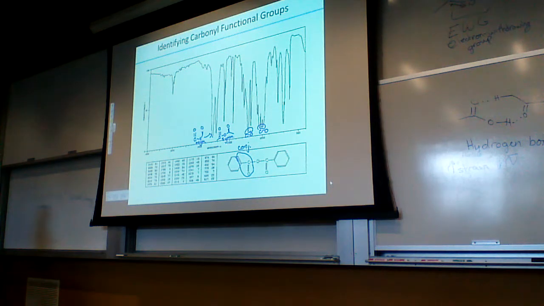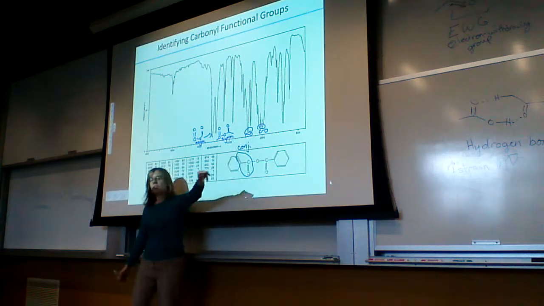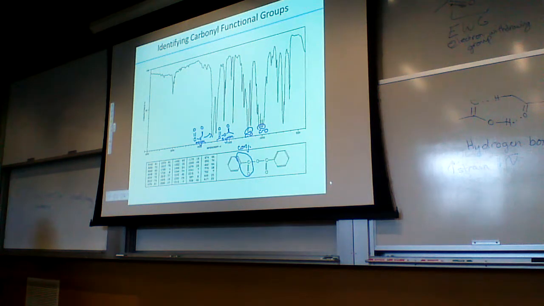So if you see a nice broad stretch like this, between 1000 and 1300, you're seeing the C-O single bond stretch. Yeah, that's essentially the nutshell of what we're going to cover on the last few slides. So we will stop there because I need a little bit of time for the writing into